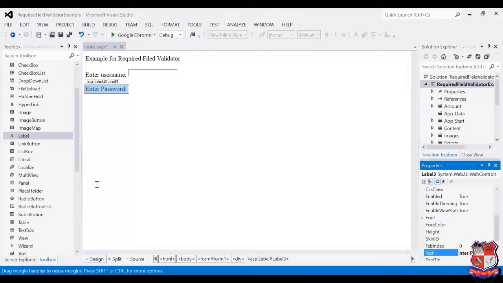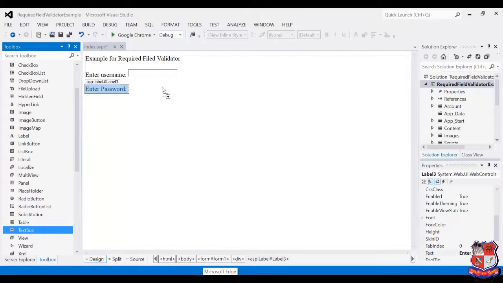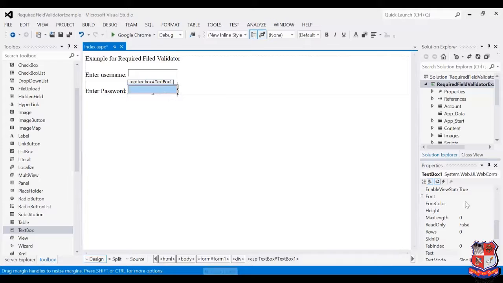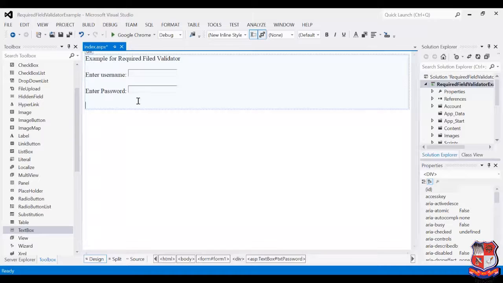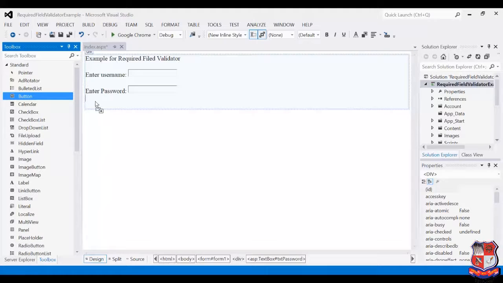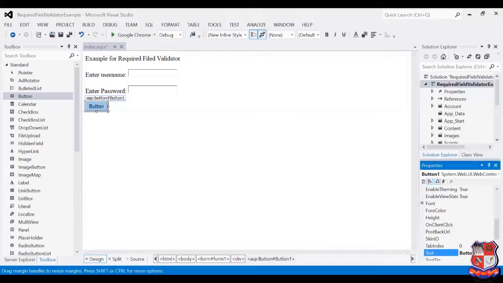Then I add a text box beside this label and set its id to txtPassword. I also set another property of this text box control, that is TextMode, because this is a password control. Now we are taking a button for submitting the data, and I'm changing its caption to submit.